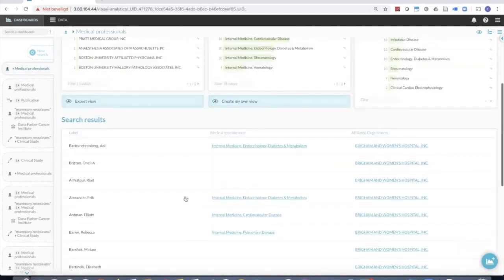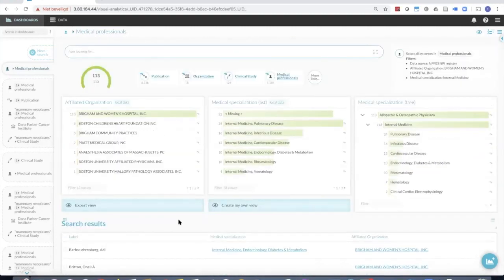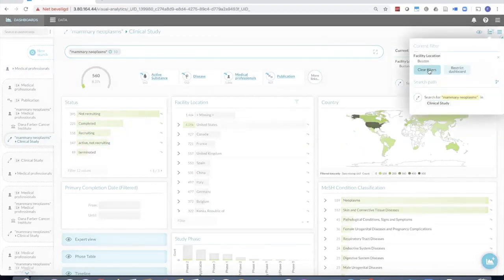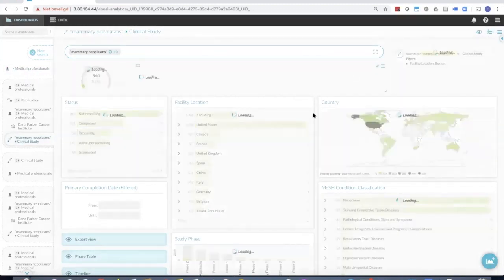So this is a very easy extension. This is showing that a dashboard can be adopted, can be extended. You can also link to multiple dashboards. You can go back in your searches. Let's say that I forgot something to do, and I would like to go back to my overview of clinical studies that I was initially looking at. This is my focus point of 560 studies,